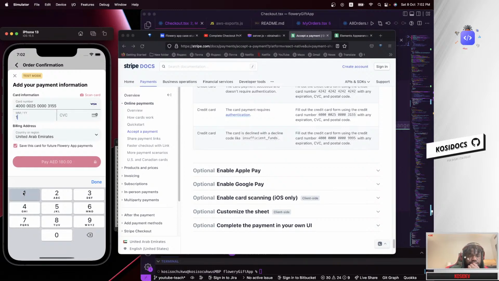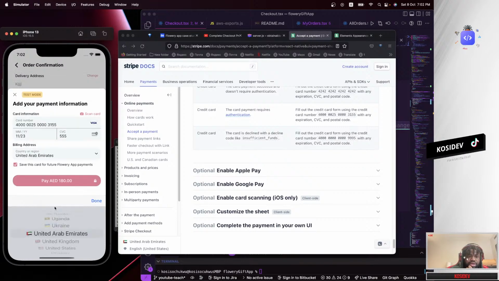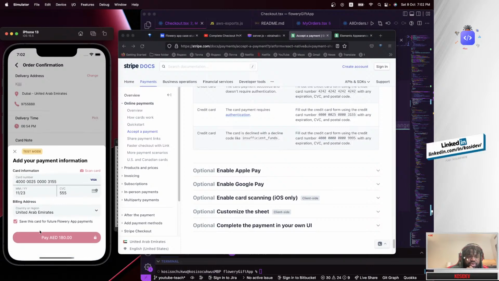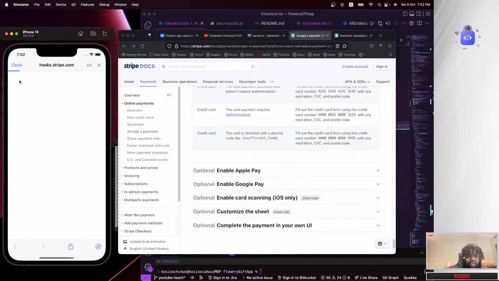The month, and the year 23, the CVV, just any random number, and United Arab Emirates. Just select that. What else do we need to select? Okay, I don't think so. So we just hit pay. I see processing, and it takes us to a place to confirm this, because we are testing right now, it won't show us the bank consent form.